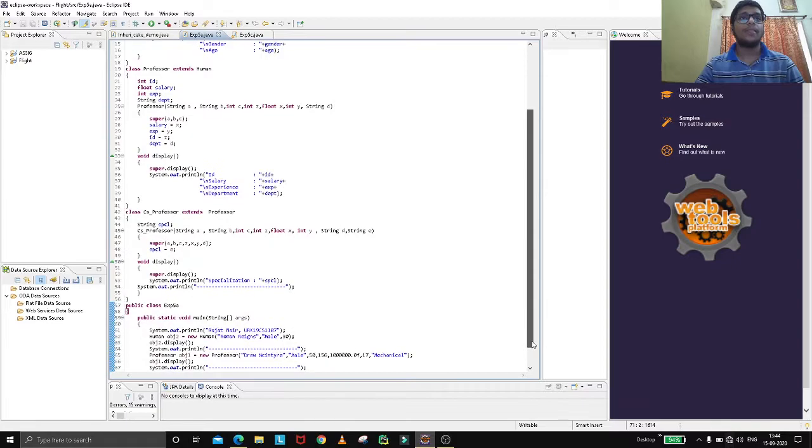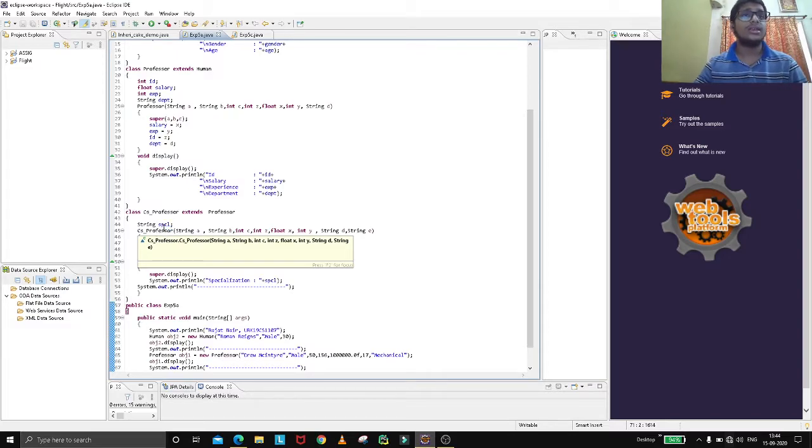So now we have also created a class called CS professor which extends professor. In it we have created a variable named SPCL, that is a string. We have also created a CS professor constructor with string a, string b, int c, int z, float x, int y, string d and string e.